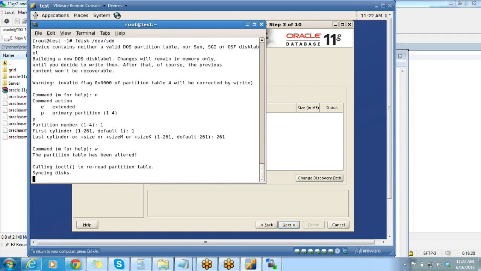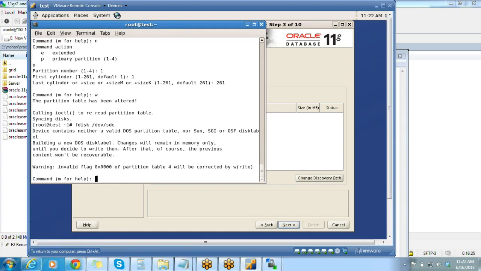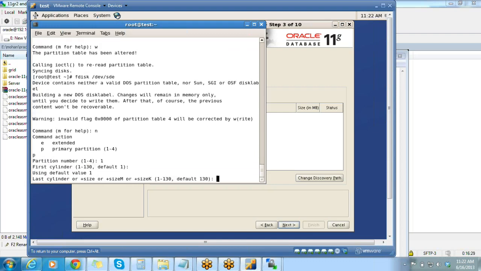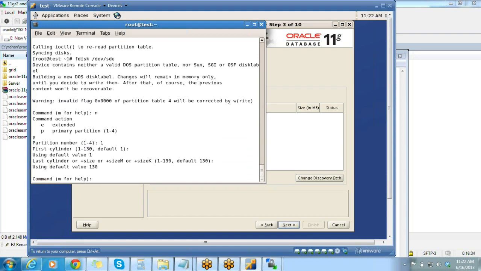I'm going for install and configuration both. Here I have to specify the disk group name which I want to create. I want to go for disk group DATA because I'm storing the data files here. And then